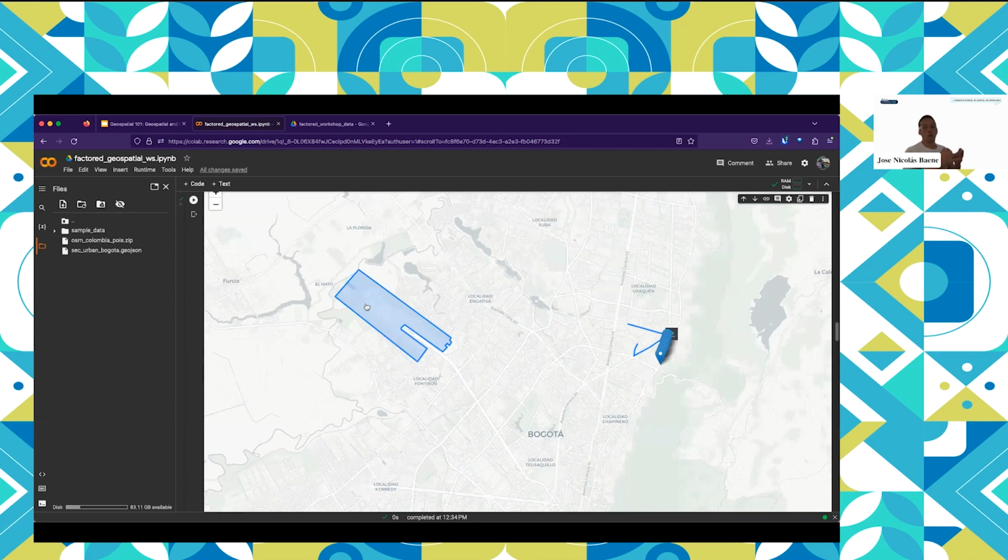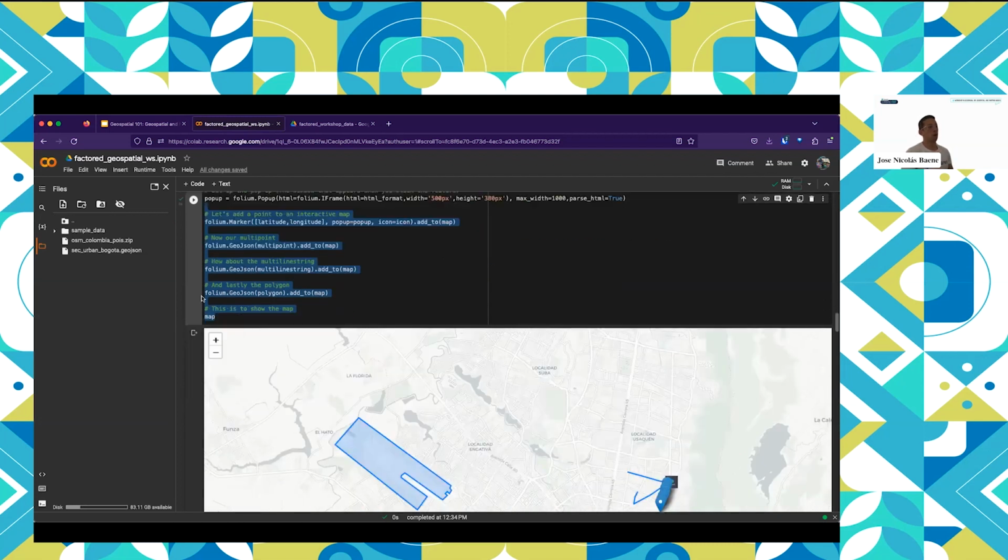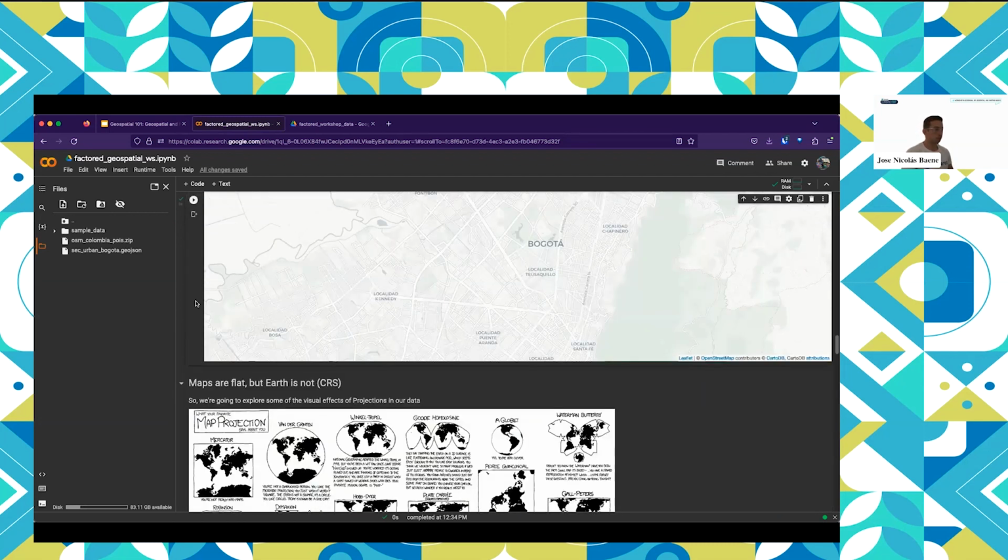So as you can see, we have created some simple features. This is the power of how they are stored and how we can visualize them, in a very simple manner. This is very basic code, and from this you can customize it a ton and get very beautiful visualizations.